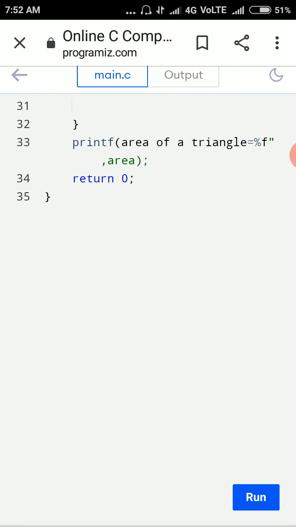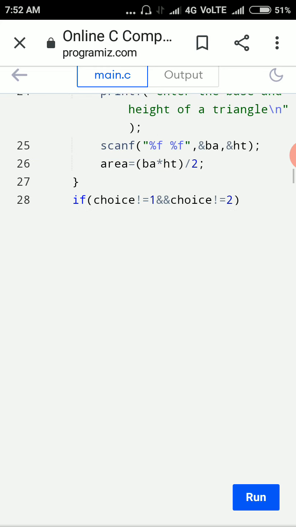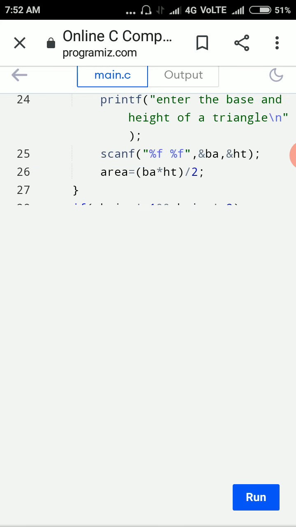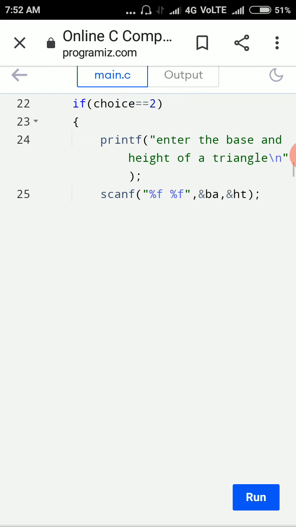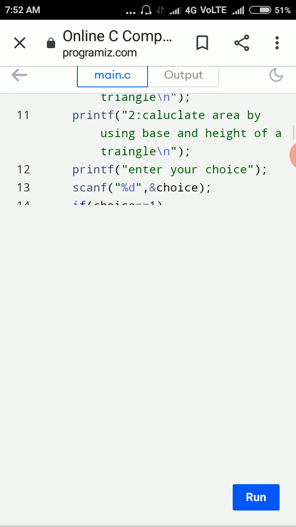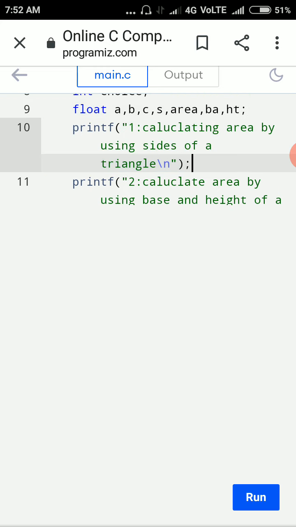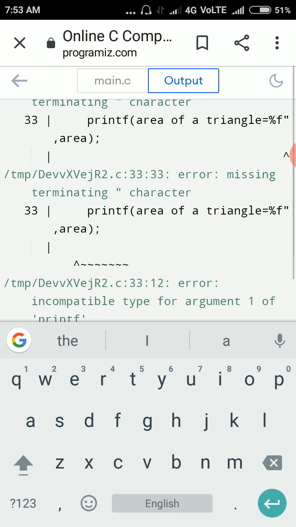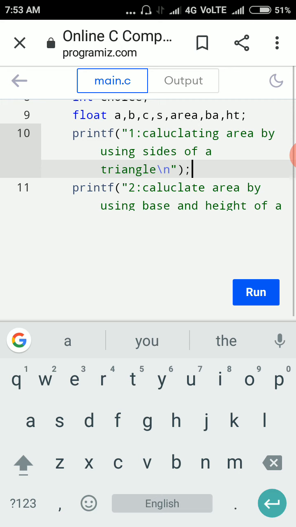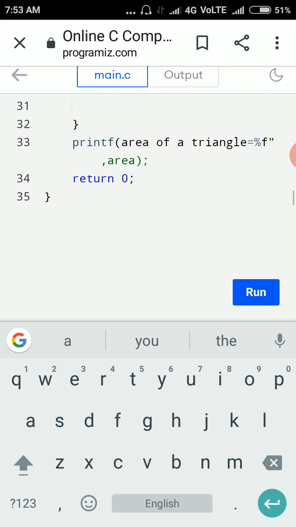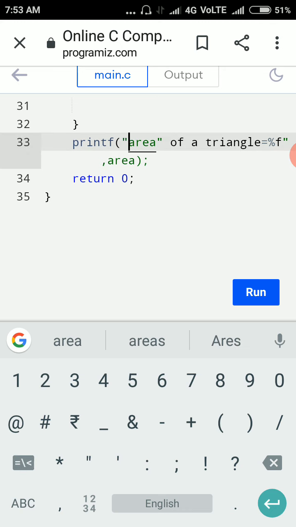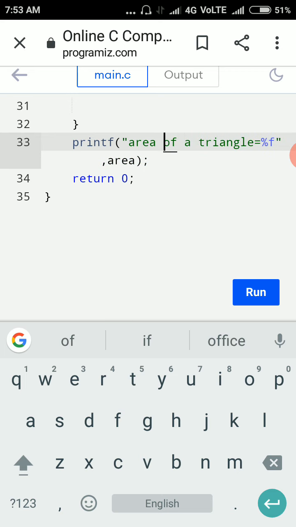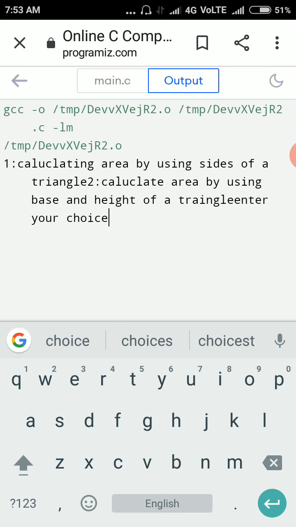Next. We did everything correct, but why is it showing an error? So run this code. Missing terminating character. So here we missed the terminating character. In area of the triangle, we did not enter the double quotes, so it is showing the error. So run this code.